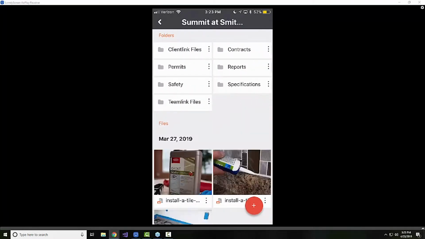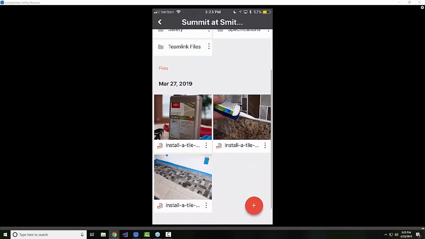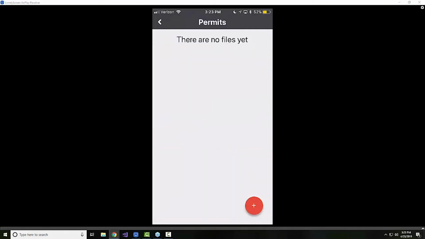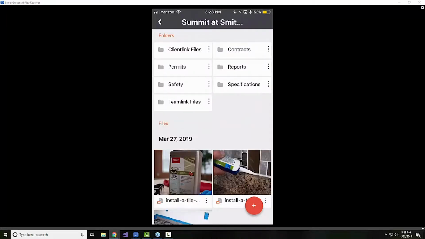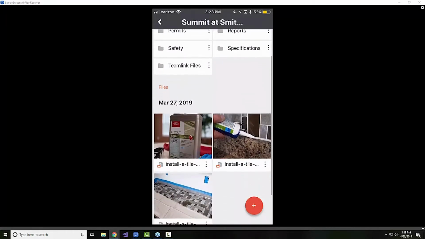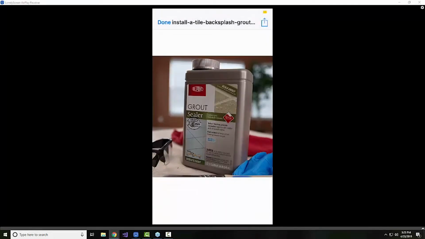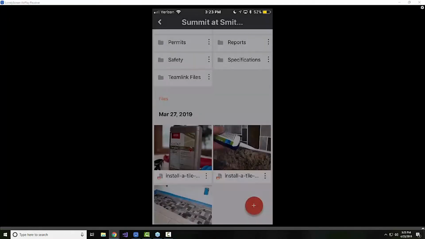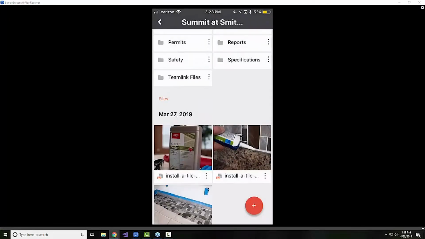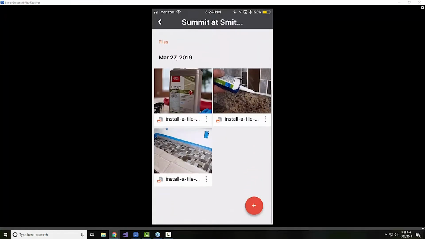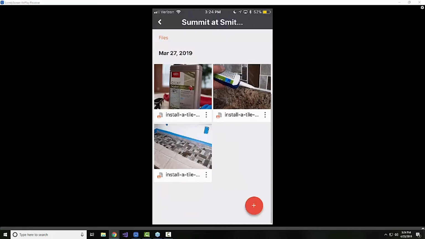Yeah. It just gives you an easier way to get in and see all the different files and folders that are available. It gives you quick access to some of the folders or areas where your customers or your subcontractors are going to be working. It also gives you a quick reference on what files we have available and what pictures people are taking. This new view for your files and folders makes it far easier to navigate and see what's happening on the job,